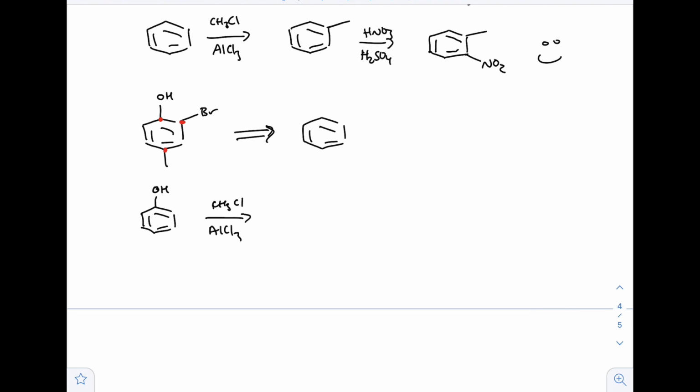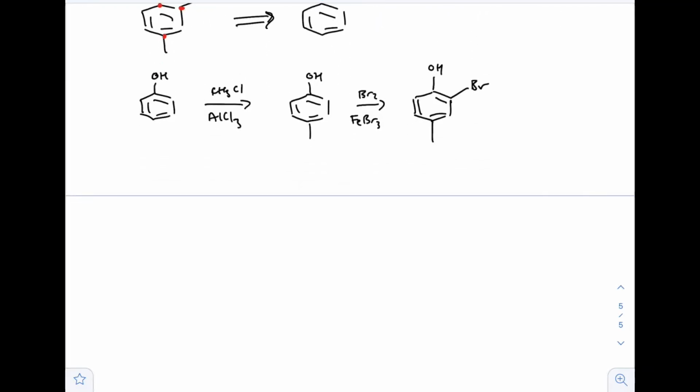We could do the Friedel-Crafts alkylation, get that methyl group at the para position as well as the ortho position, but whatevs. And then we can brominate it. And once we brominate it, remember the OH is a stronger activator than the alkyl group, and so we get the bromine at the ortho position with respect to that OH. Okay, so that's going to take practice. I mean, I could do 8,000 of these, and you'll still probably need to just think about it on your own. So that's all the practice I'm going to give you,